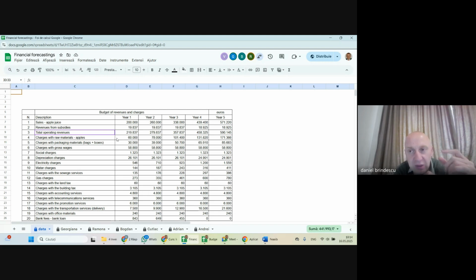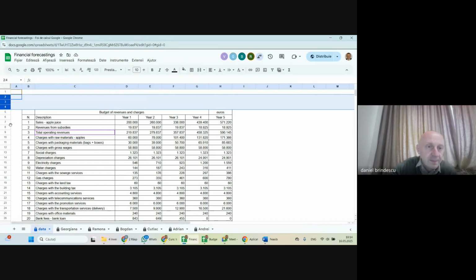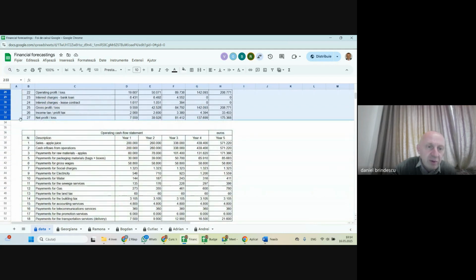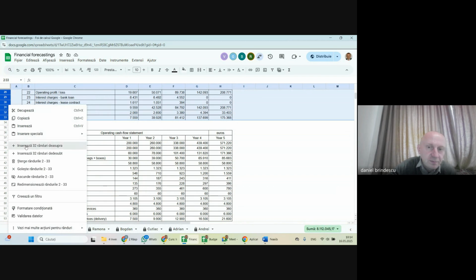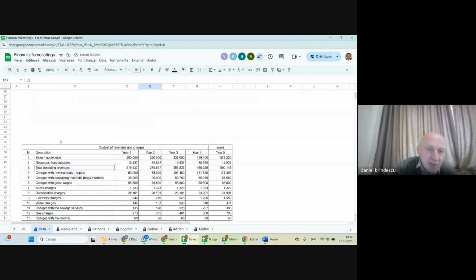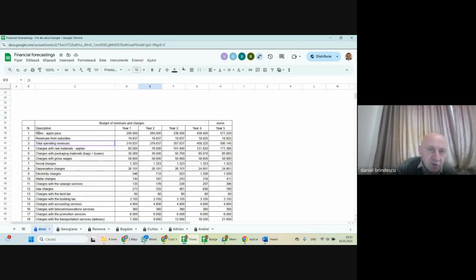We are interested in the cash flows from the operating activity because these cash flows are seen in practice all over the world as the basis for, as I was saying before, recovering the capital invested on one hand and generating a relevant return on the other hand. So I'm not going to waste any more time. I'm just going to create some space here to prepare a cash flow statement. And of course, I expect you to do the same later on. So to do so,